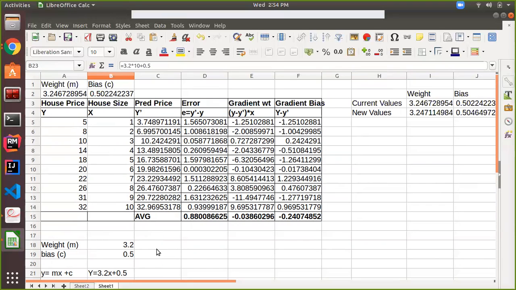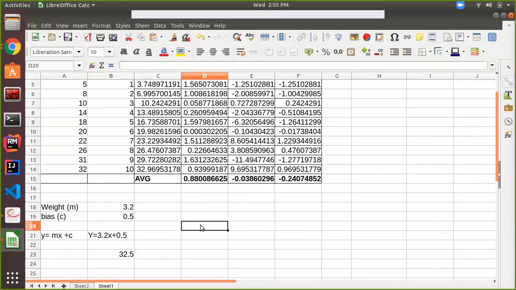So similarly you can create your own model for any variables, 2-3 independent variables and one dependent variable. Okay, so here I have taken only one independent variable. You can take multiple independent variables, like house price can depend upon floor size, floor number. So we can make equation like that.